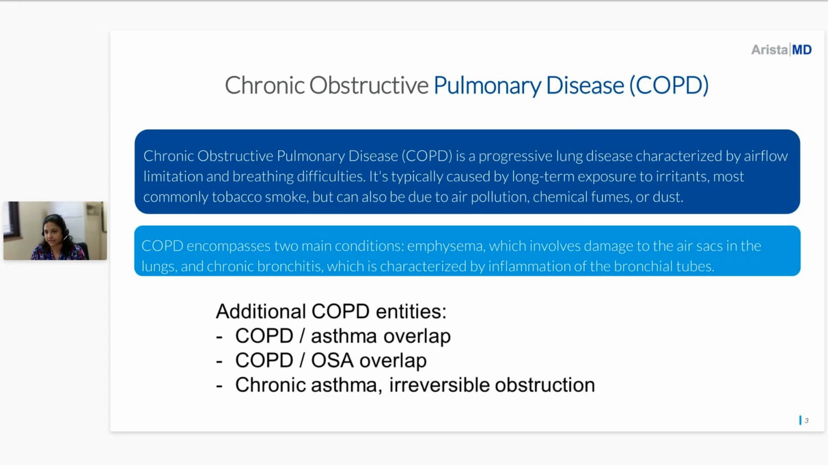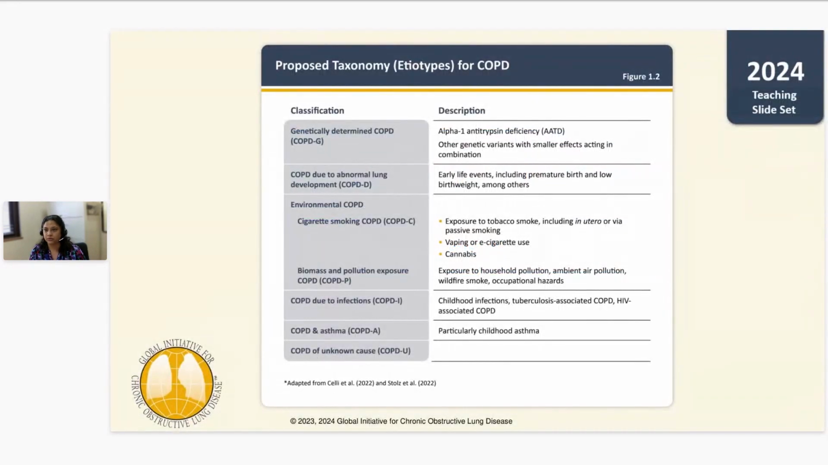Another phenotype that we see is chronic asthma. When it's chronic and severe, it can cause an irreversible obstruction that is clinically very similar to other forms of COPD. So the 2024 GOLD guidelines, GOLD standing for the Global Initiative for Chronic Obstructive Lung Disease. You'll see many of their slides in this presentation, but they proposed a taxonomy for COPD to address these